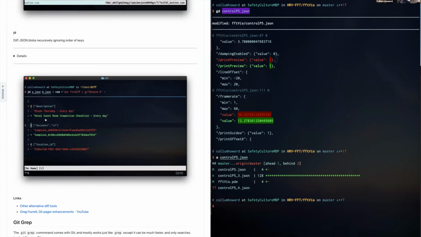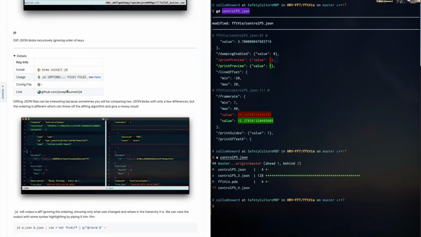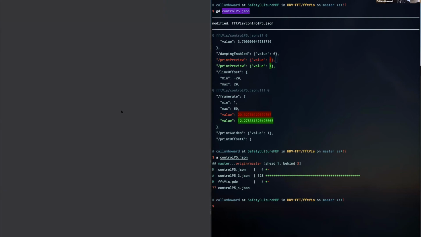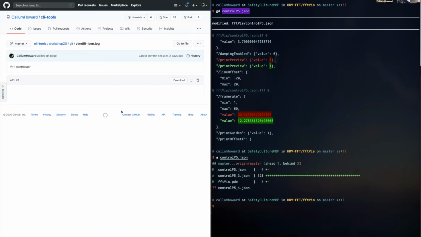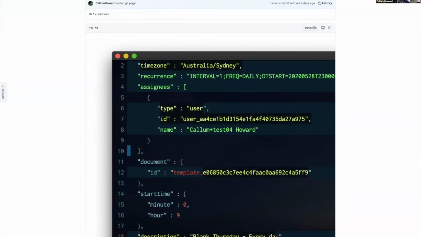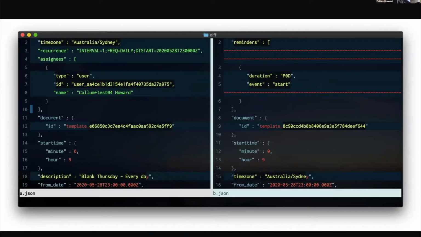If you want to diff JSON files, that's possible as well. But the problem with JSON files is JSON files look something like this, right? Let me see if I can make this bigger. Nope, not really. And just open image in new tab, okay. Looks kind of like this. You've got keys and values. And the problem is,